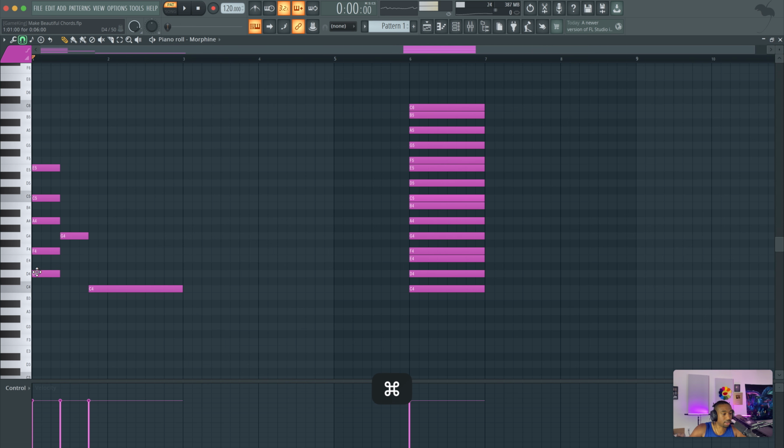How do I know this? We can count it out. 0 is the root note, 1, 2, 3, minor third, 4, 5, 6, 7. So 0, 3, 7 is the minor triad. And then 8, 9, 10, 0, 3, 7, 10 is the minor 7th chord. It always is. And then 11, 12, 13, 14. So 0, 3, 7, 10, 14 always creates the minor 9th chord. That's how I know that that's a minor 9th chord.